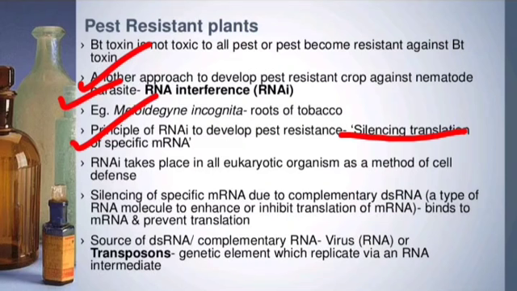The translation of a specific mRNA has to be silenced and stopped. RNAi takes place in all eukaryotic organisms as a method of cell defense. It is actually working as a cell defense mechanism. Silencing of specific mRNA is due to complementary double-strand RNA, a type of RNA molecule. This is the main mechanism here. Double-strand RNA, a type of RNA molecule, to enhance or inhibit the translation of mRNA, binds to mRNA and prevents